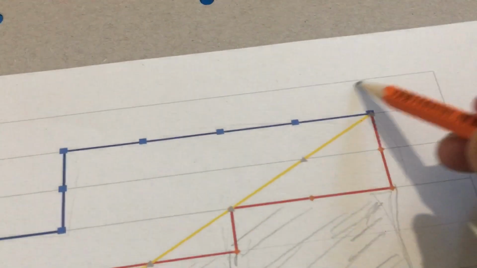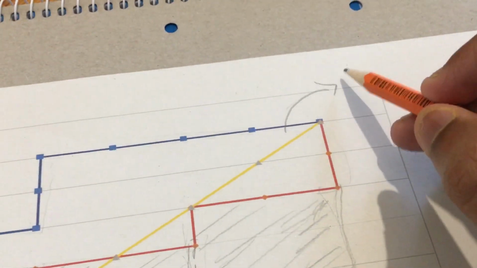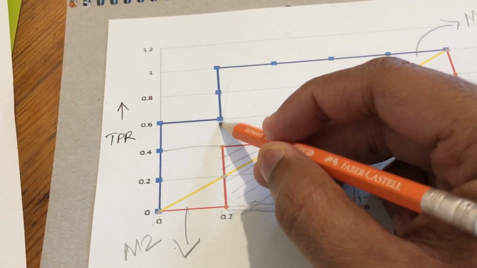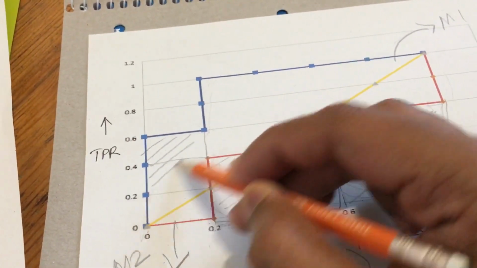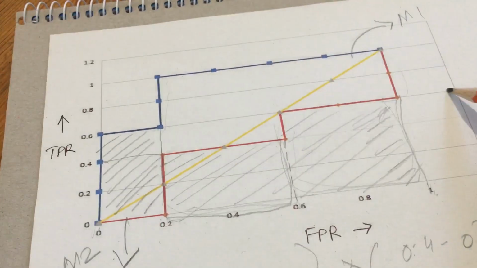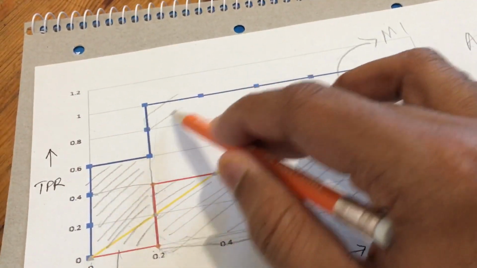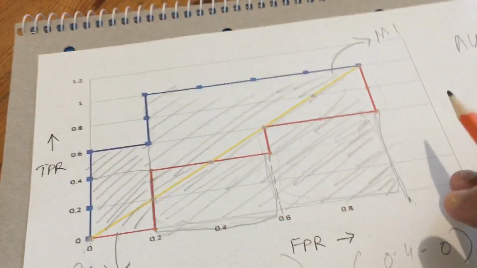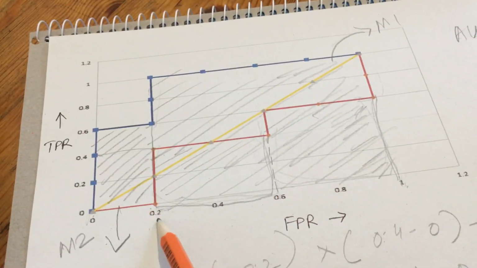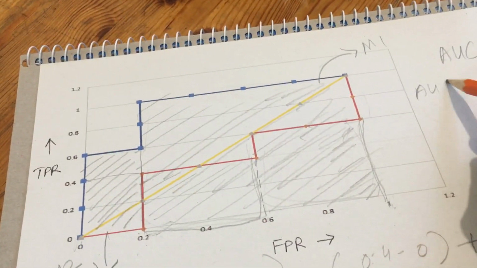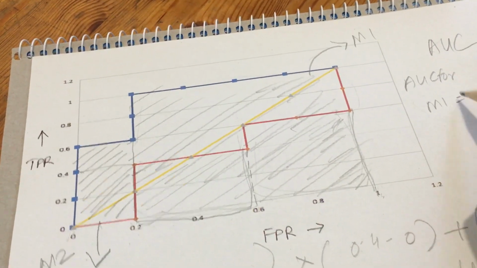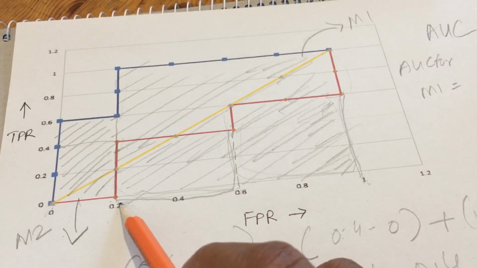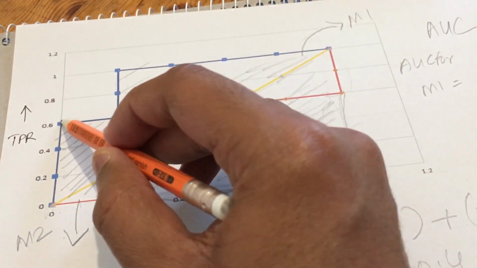Now similarly we need to calculate the area under the curve for this model, that is M1. That is also done in a similar way. We need to calculate the area under this. This is one rectangle that we can get, and this is the big rectangle, from this much till here. Similarly, we first calculate this. So AUC for model M1 is equal to, first we span on the horizontal axis, that is 0.2 minus 0, that is this part, right?